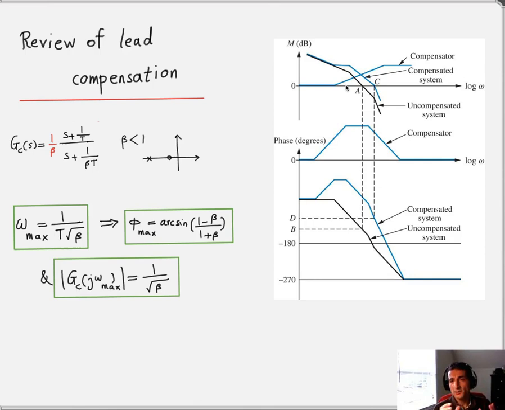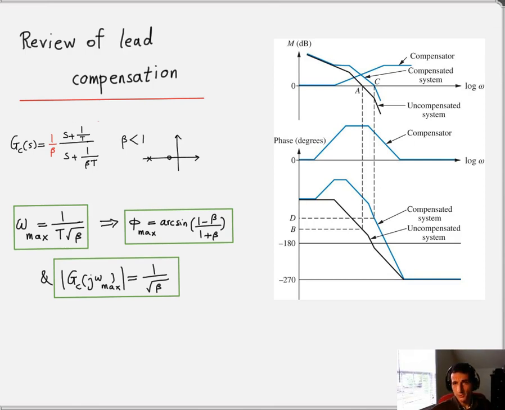When you increase the bandwidth, you speed up the response of the system, so your peak time, settling time, and rise time all decrease. These also come with the benefit of a reduced overshoot, because using a lead compensator, not only can you speed up the process by increasing the bandwidth, but you can also increase the